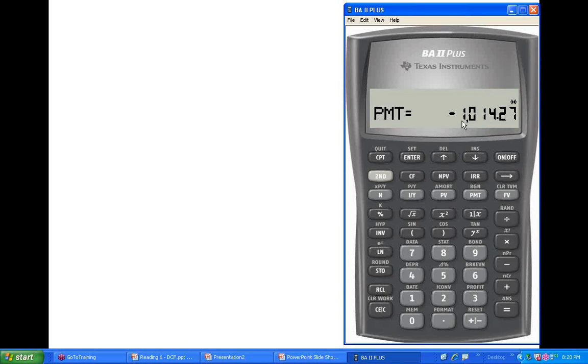Now I ask you a question: how much interest did you pay in the first month? How do you compute it? This is your PMT, this is your EMI, but a part of this EMI will be interest and a part will be principal. How do you find out how much is interest and how much is principal? You have to compute the interest. So you will apply PRT by 100 and compute the interest.